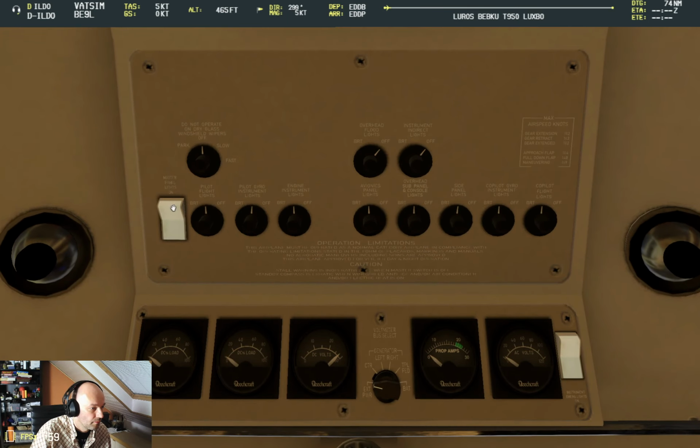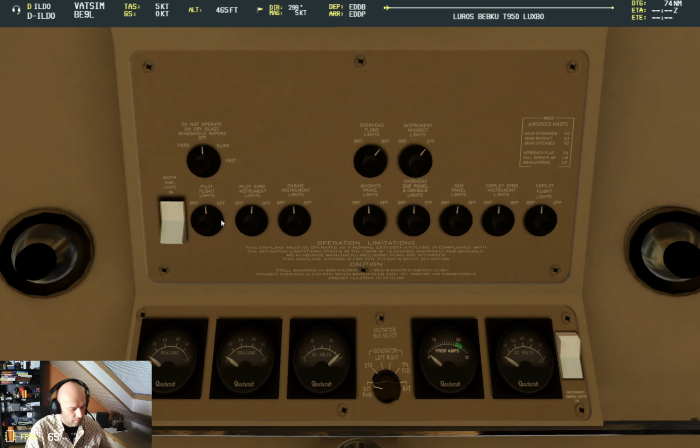Delta India Lima Delta Oscar, Berlin delivery. Yeah, Delta India Lima Delta Oscar, go ahead. Delta Delta Oscar, are you ready to copy your IFR clearance? Okay, Delta India Lima Delta Oscar, startup approved, cleared to destination via Luros 1 Alpha departure,